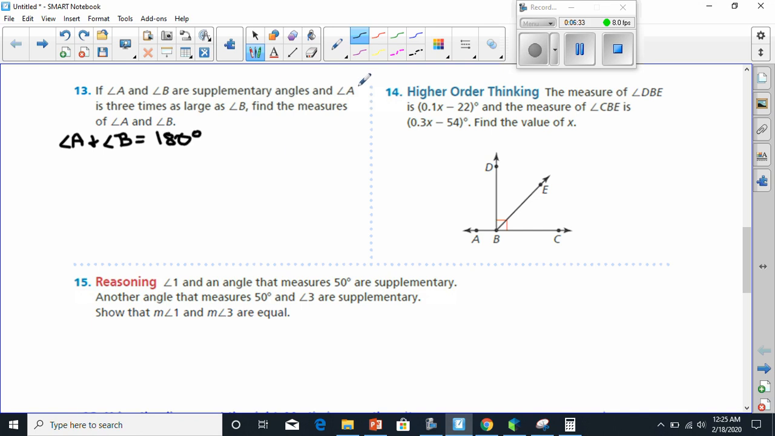Next, we can see that it says an angle A is 3 times as large as angle B. Well, if it's 3 times as large as angle B, we can use substitution here. Let's see, if angle A equals 3 times angle B,